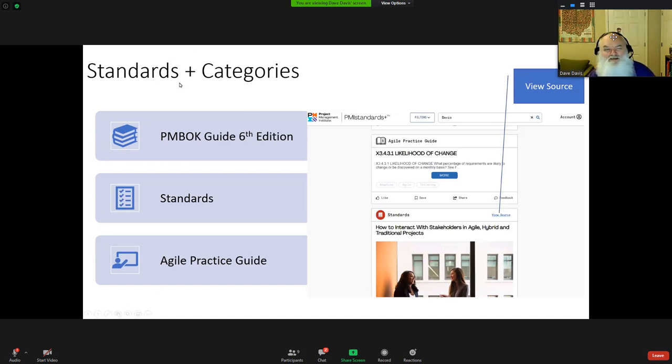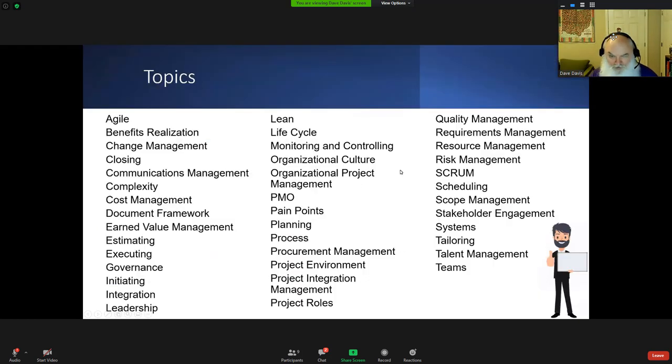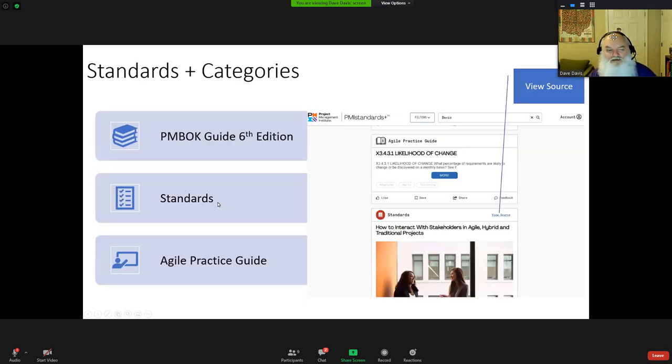And it has some of the things, the PMBOK. This is a query that I did, and it does bring back something from the Agile Practice Guide. It was on change. And so likelihood of change, you can get more information, less information. You can actually click a hot link right to the standards page or the standards section that talks about it. And then here, this does have a video that you'll be able to use. So it's going out to some different things from just this query. It's talking to the PMBOK guide, the standards guide, and the Agile Practice Guide.